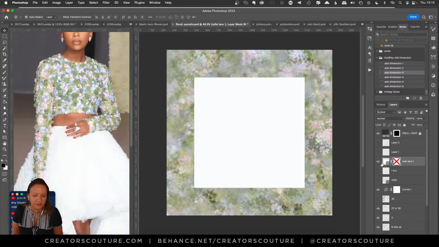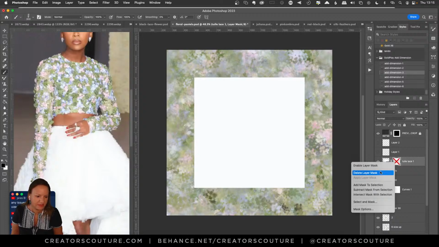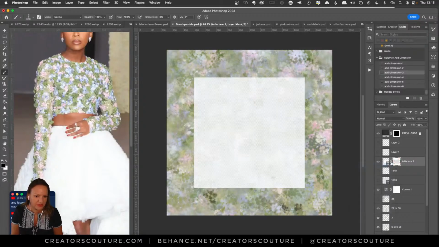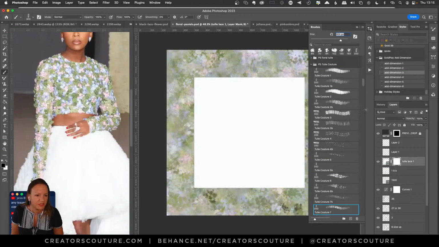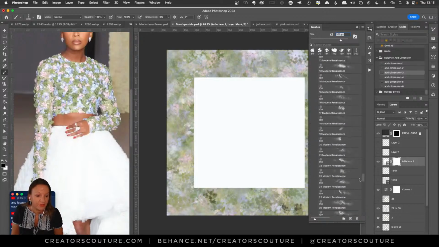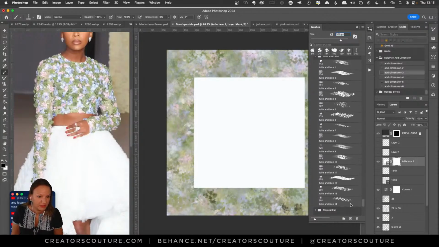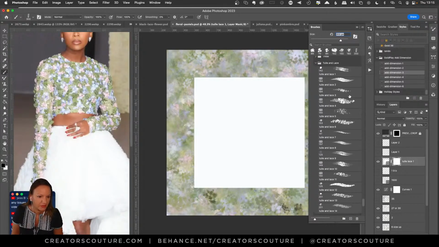So what I did was I used one of my Tool and Lace brushes, and let me enable the layer mask. I took my original Tool and Lace collection, one color, and I don't know which one I took.